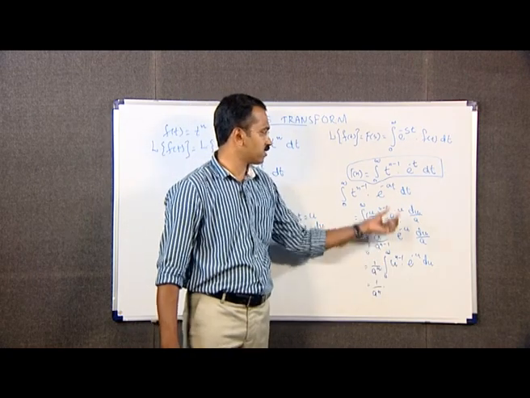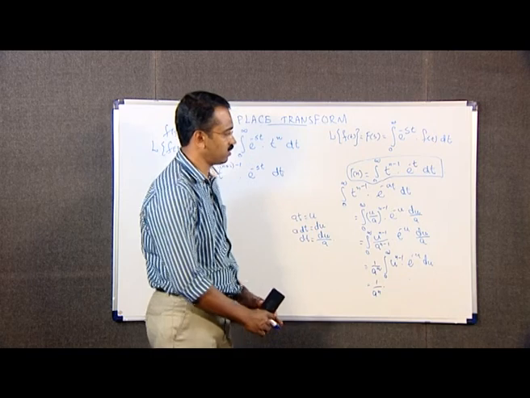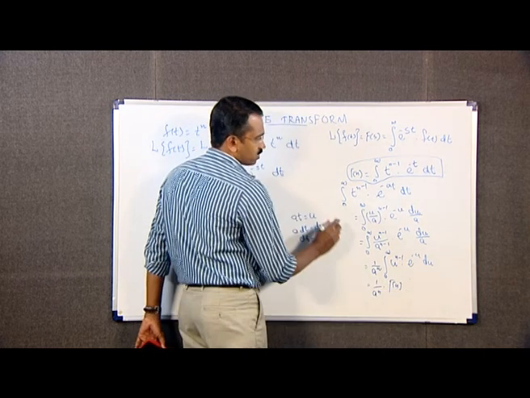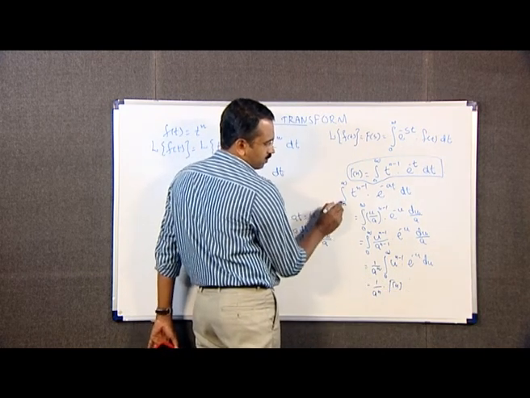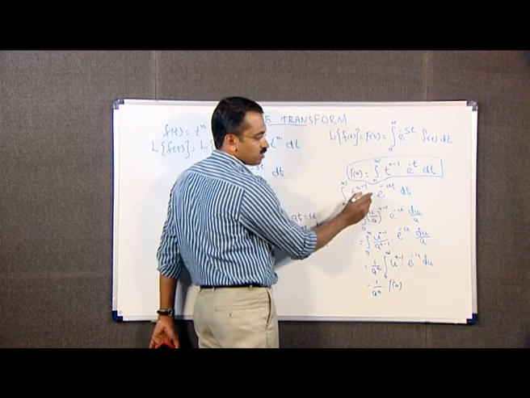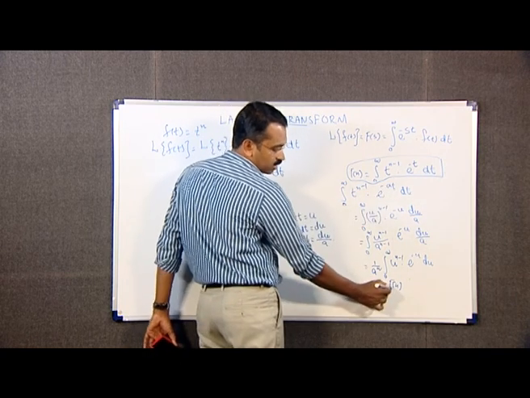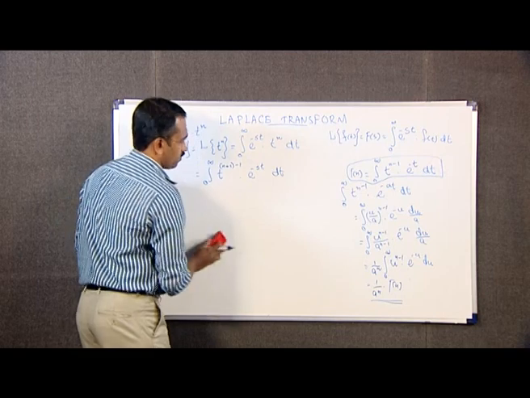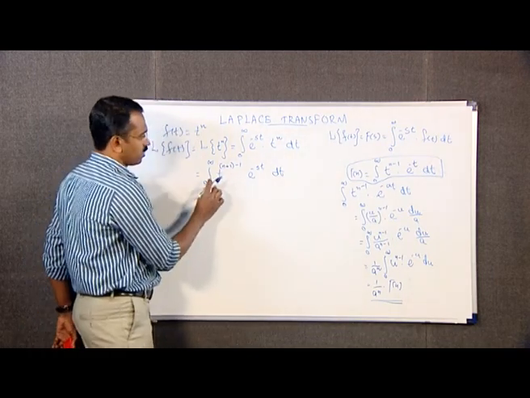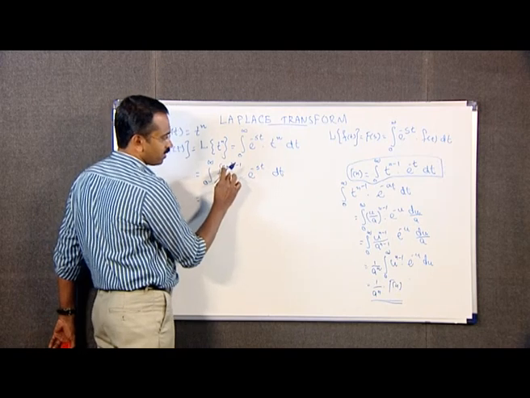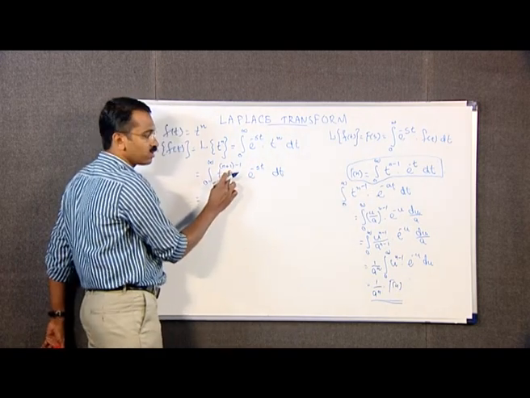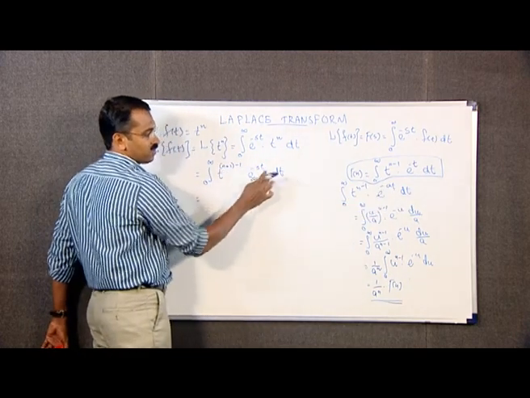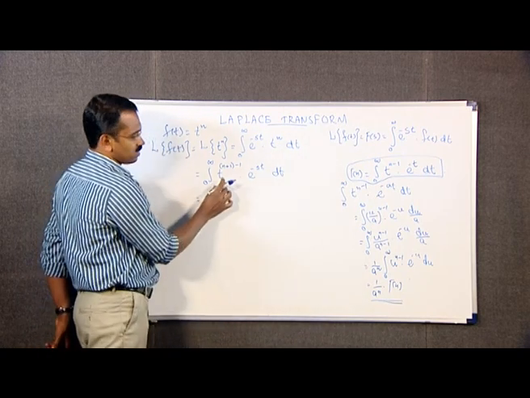comparing this with this definition, this is gamma n. That is, integral from 0 to infinity t raised to n minus 1 into e raised to minus at dt is equal to gamma n divided by a raised to n. Therefore, we can write here, instead of n, here it is n plus 1. Here e raised to minus st, instead of a, it is s. On comparison, we get this as